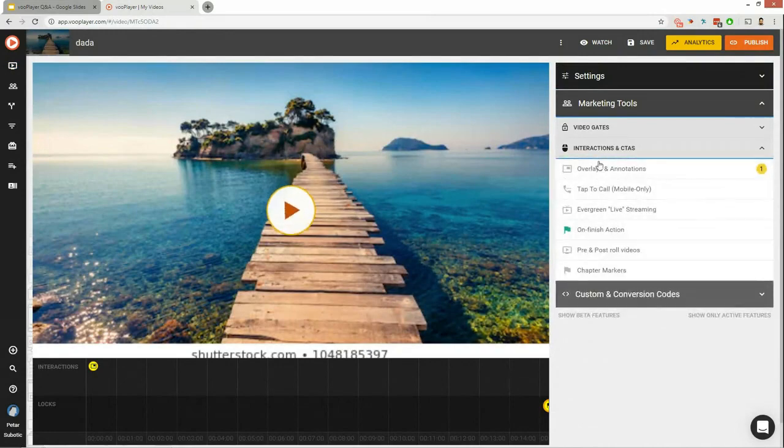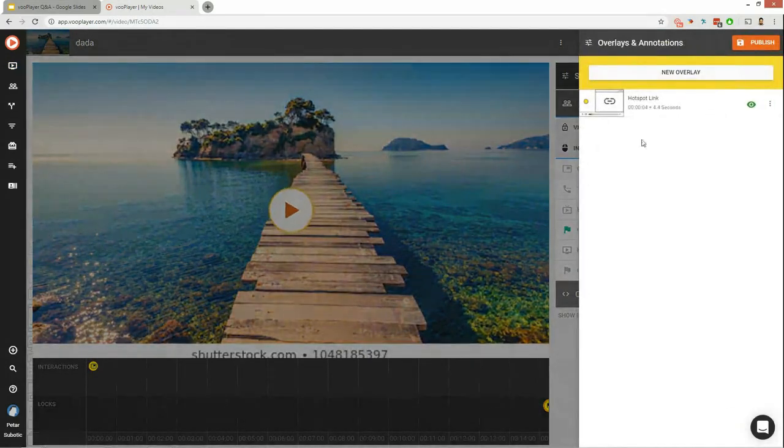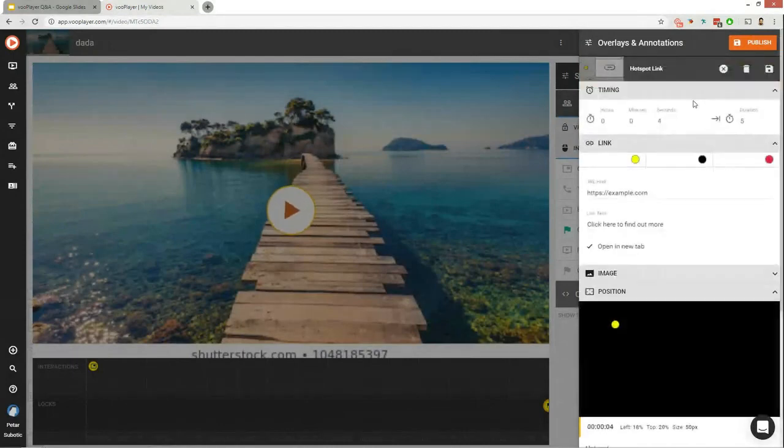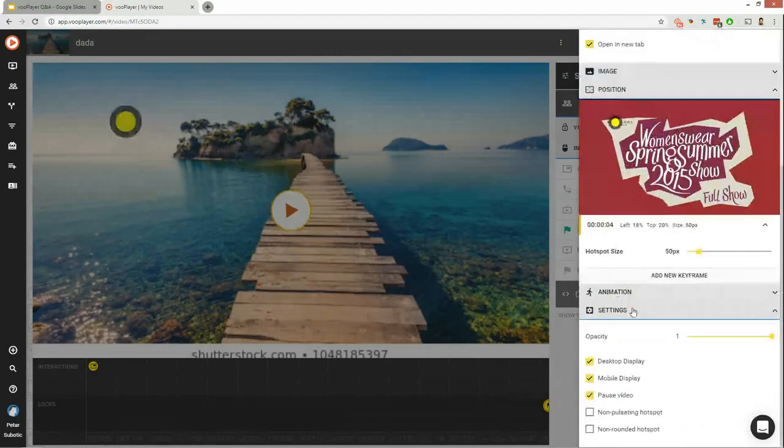So we've added the ability for any overlay. For example, I'll just take this one instead of creating a new one. Inside of the settings section for the overlays, we added the ability for it to pause the video. So what this does is at any time that an overlay should appear, at that time the video will be automatically paused. There was a way to do this previously which was a little bit more complicated, but we just added a simple checkbox which kind of